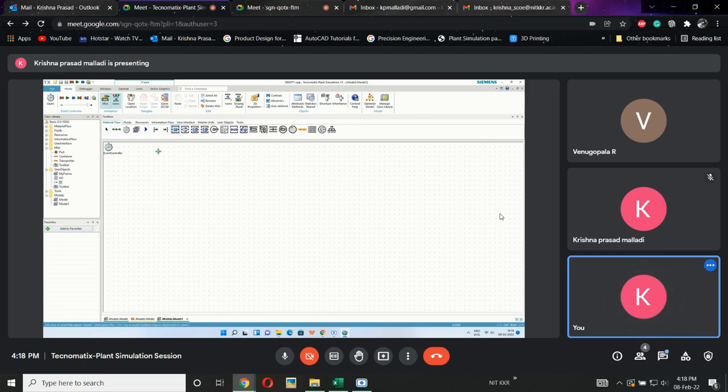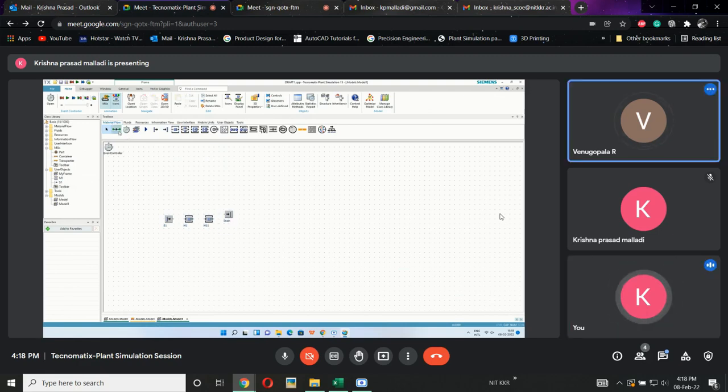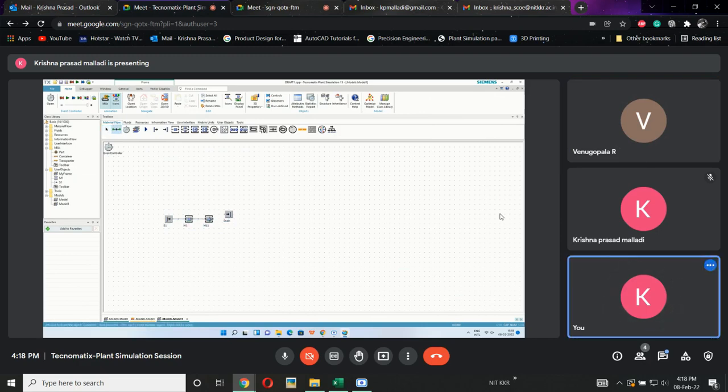Just a second, sir. M1, S1 and M2, and there is a drain, and I have connected them.